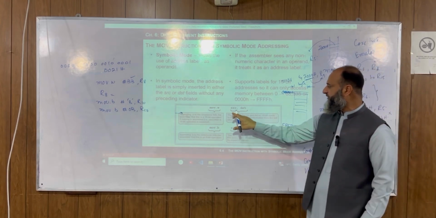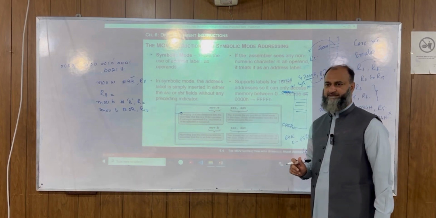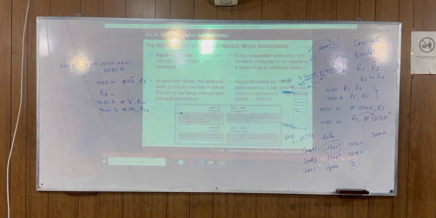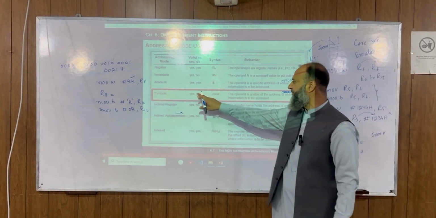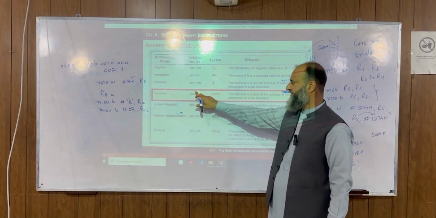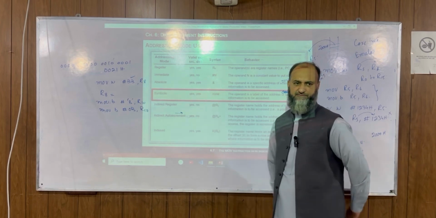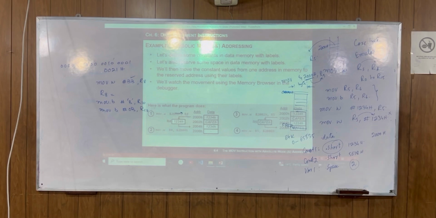So you see that move.w source and destination again. Move.b is source and destination again. ठीक हो गया? So you see that we have in this. Next one. So you see that the symbolic can be over here, it can be over here. It can be over here and that can be over here. तो source भी हो सकता है और destination भी हो सकते हैं. तो इसकी कोई example भी देख लेंगे आगे जाके.